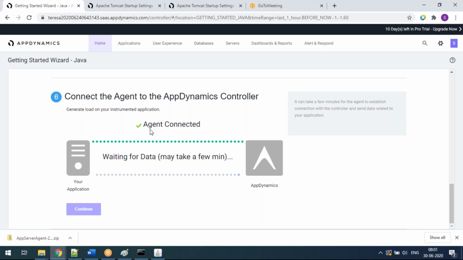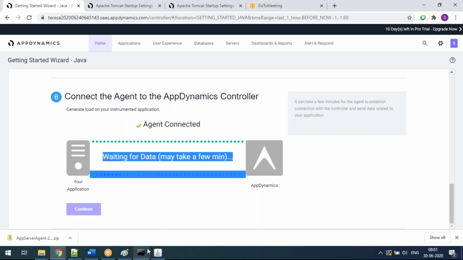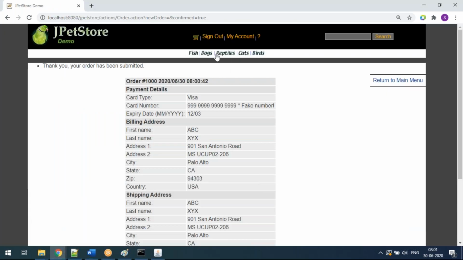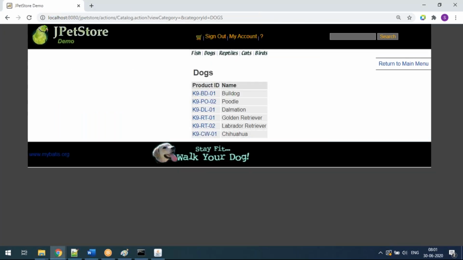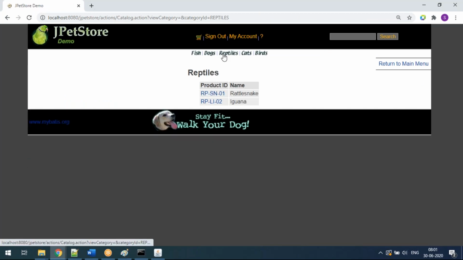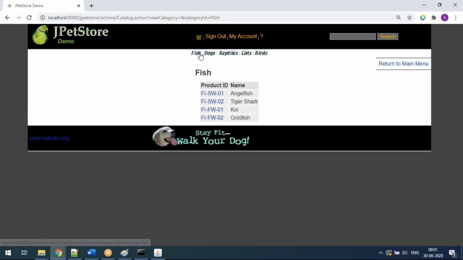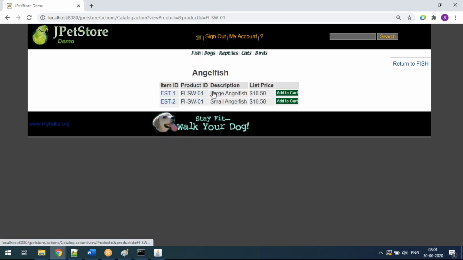Now what is happening? It is saying waiting for data. You need to do some traffic creation, guys. Fundamentally, you have to give some traffic. You can keep on clicking somewhere, giving some traffic to this application, which has to reach App Dynamics.